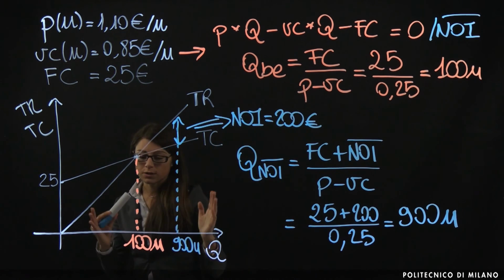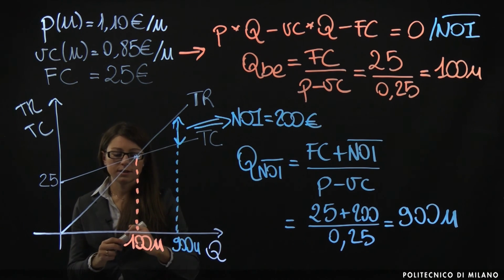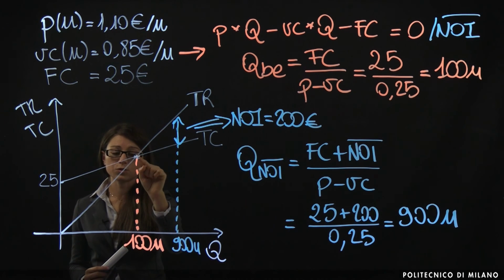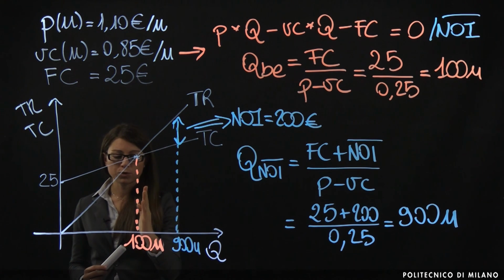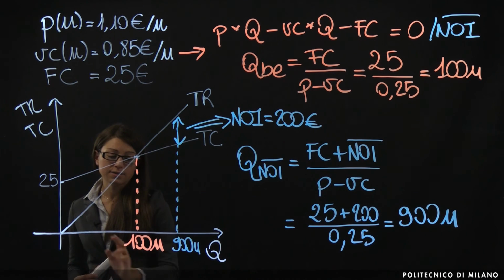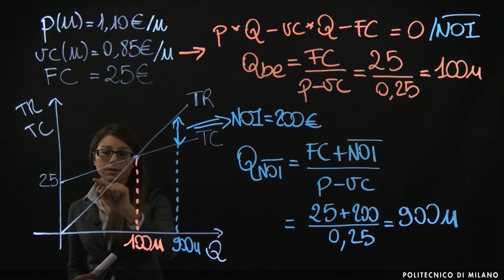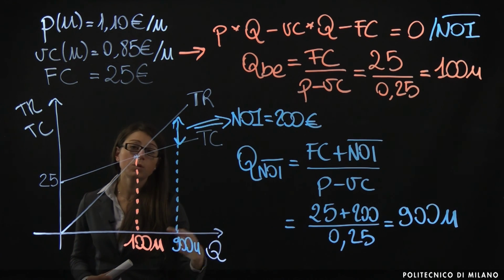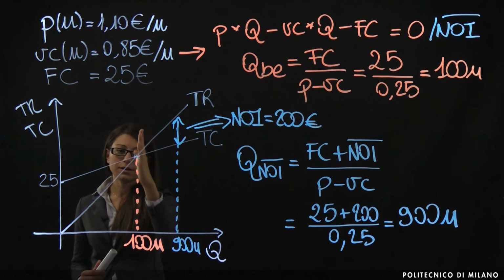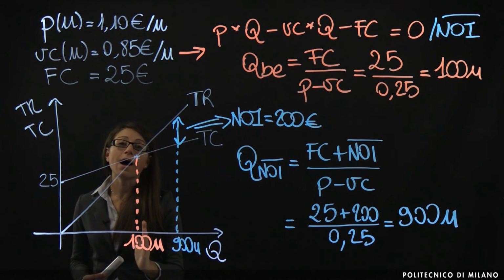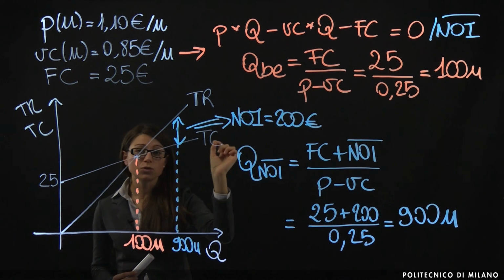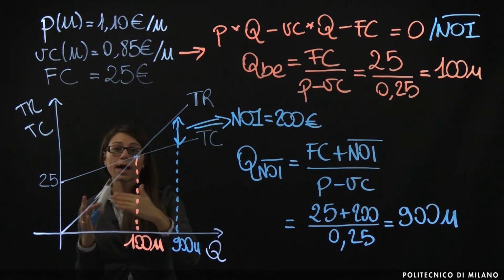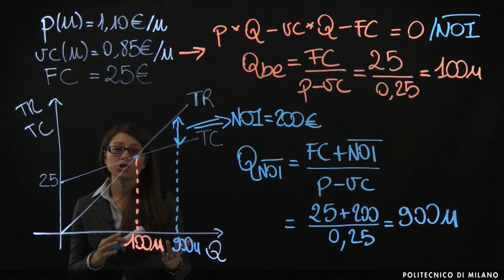One last reasoning by looking at this graph. I know I'm stressing this point, but the quantity to break even is crucial, because if the company produces a quantity that is less than 100 units, you can see that we have a loss. The other way around, 101 units will provide a profit. So let's say that the dividing point is these 100 units. It is very useful to identify this quantity, because it splits between the loss and the profit that can be achieved by the company.